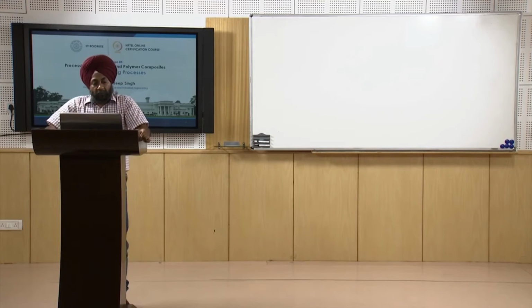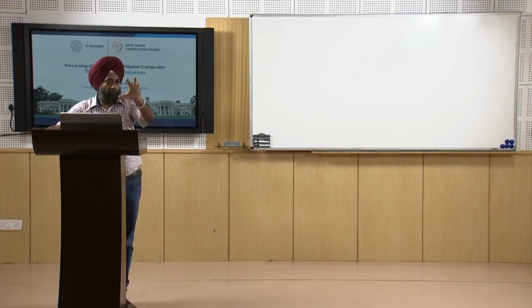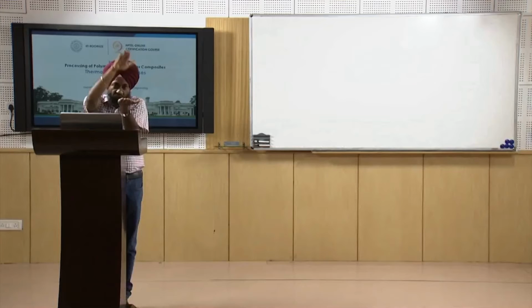process. Matched die thermoforming or matched die forming is also called mechanical forming. Now why mechanical? Because in pressure forming the pressure is applied by a jet of air. In vacuum forming the pressure is applied by a vacuum. In case of matched die forming or mechanical forming, the pressure is applied mechanically by the core plug on the thermoplastic sheet. Mold consists of two parts, die and a punch. So the core plug in this case acts as a punch, and it forces the sheet against the mold or